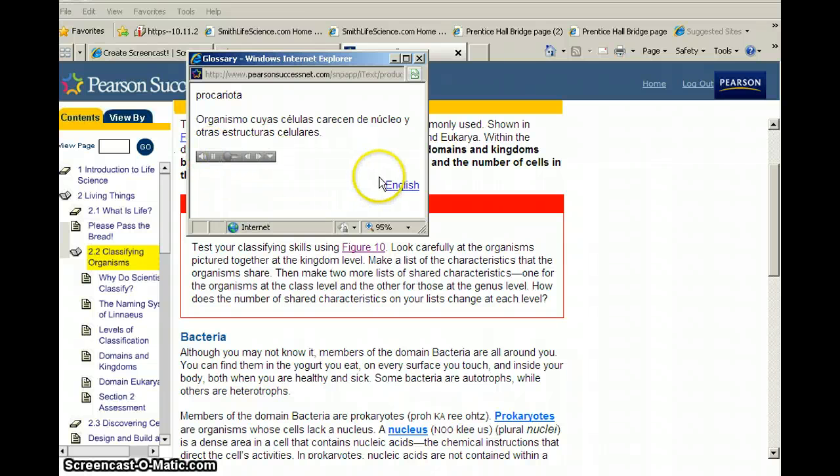Procariota, organismo cuya célula. Or you can have it play in English. So you've got it. Prokaryote. An organism whose cells lack a